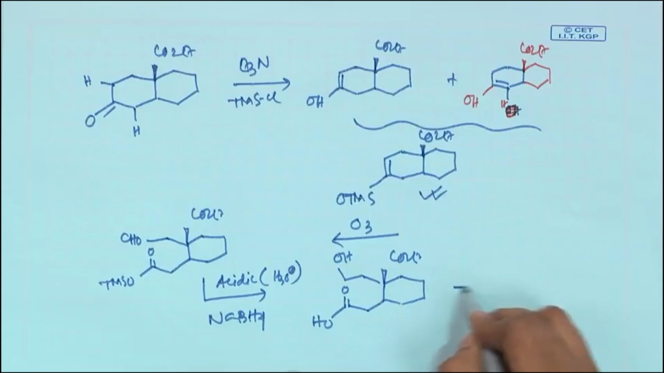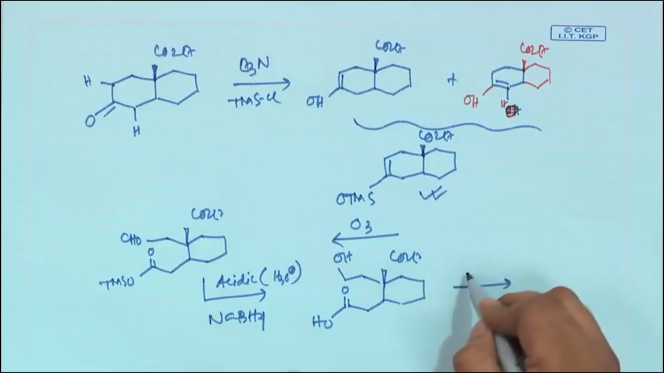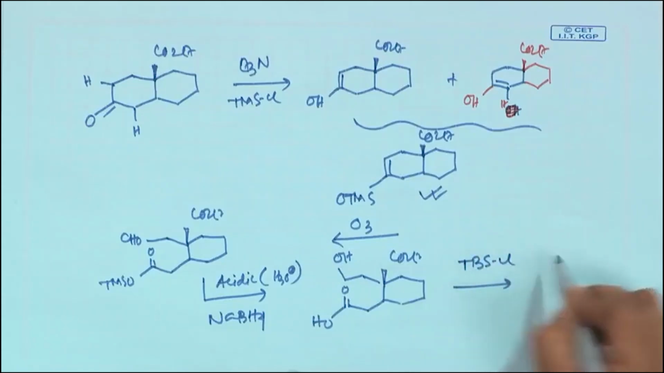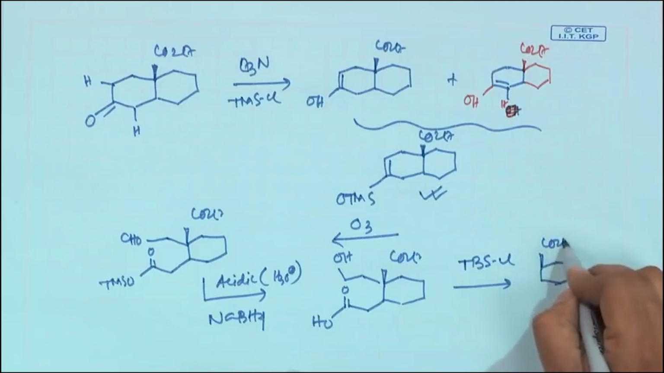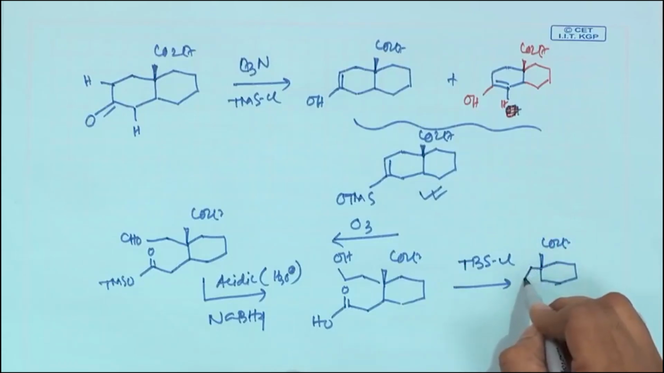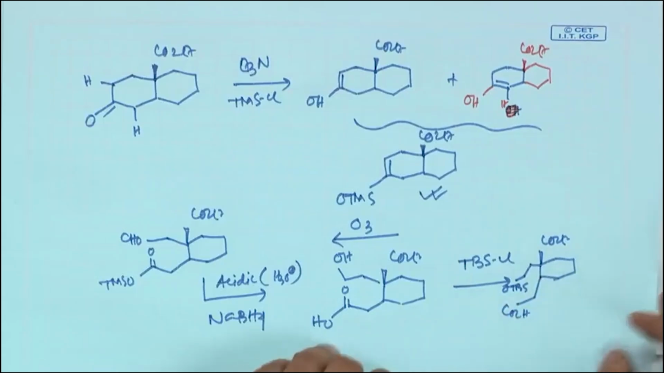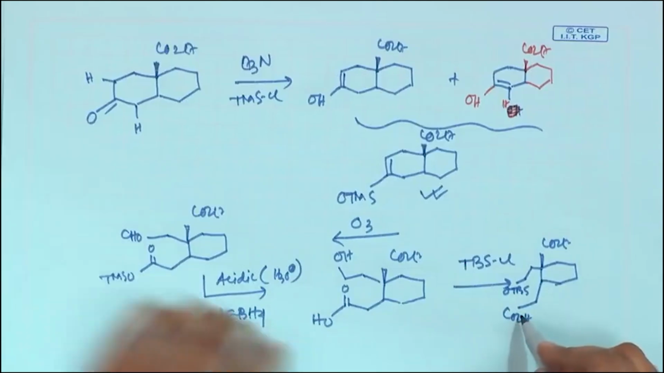Otherwise, let's protect this hydroxy group by, say, TBS chloride. Just trying to give you a CO2 it is here, so CH2 OTBS, and this is your CH2 CO2H. Now, you need to do a ring formation reaction to make this lactone. To make this lactone, you now react with